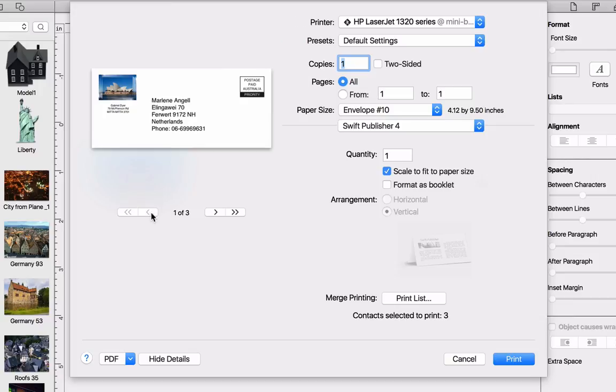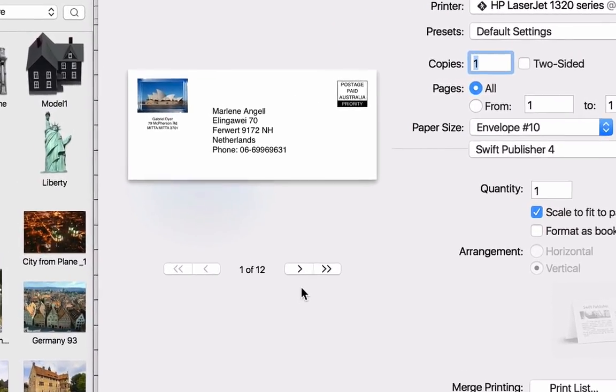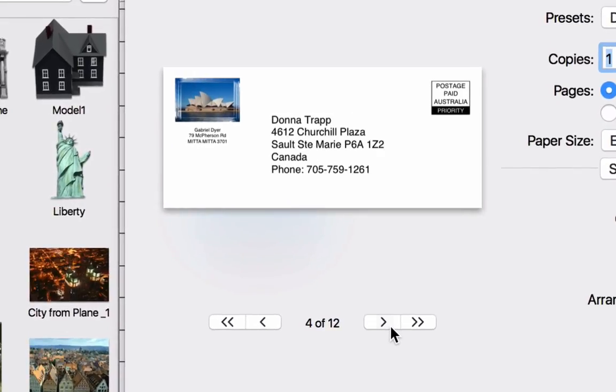If we take an envelope as 1 page, choosing 3 addresses produces 3 pages on the print. They aren't exact copies because the addresses are different. If you want to have 2 copies of each envelope, type 2 in the quantity box. Now we have 6 envelopes in total. Before running merge printing, it's a good idea to check the print preview and see how the imported data populated the dynamic fields. This can help you to find out if everything fits in the given space.